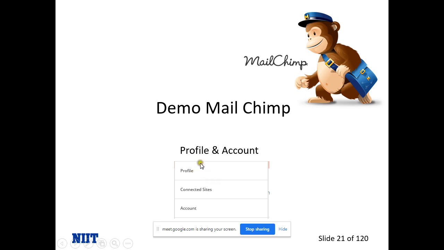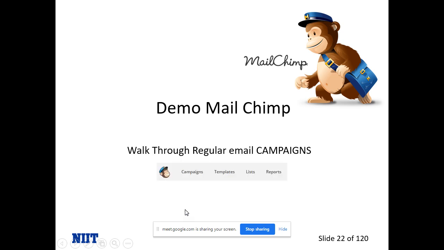So you can create a profile, you can go to connected sites, and you can go to accounts. We know we have to create campaigns. We have created campaigns using Google Ads. We have created campaigns using Google Video Ads, and we've seen how we create campaigns. So now you can see that we can create. I'll show you the demonstration also, so no need to worry.